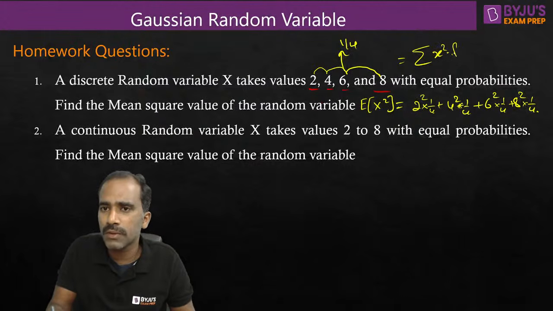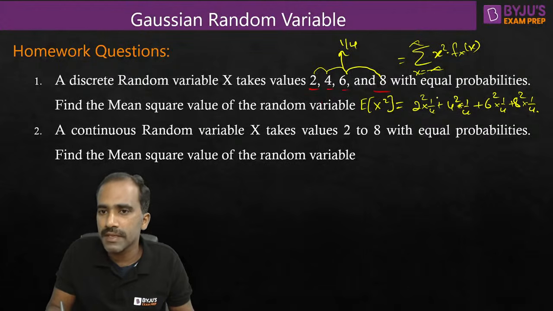Integral of x square into fx of x dx, where x runs from minus infinity to plus infinity. So you're saying minus infinity to plus infinity, but you're taking only 2, 4, 6, 8 only. Yes, correct. Basically, the random variable takes all real values, but it takes these real values with non-zero probabilities, and it takes other values with 0 probabilities. For example, 3 square it takes with 0 probability, 3.1 square it takes with 0 probability. So you can take all the values, 2 square, 2.1 square, 2.2 square, 2.3 square, and multiply them with their corresponding weights, which is 0. So you don't need to take the remaining values.